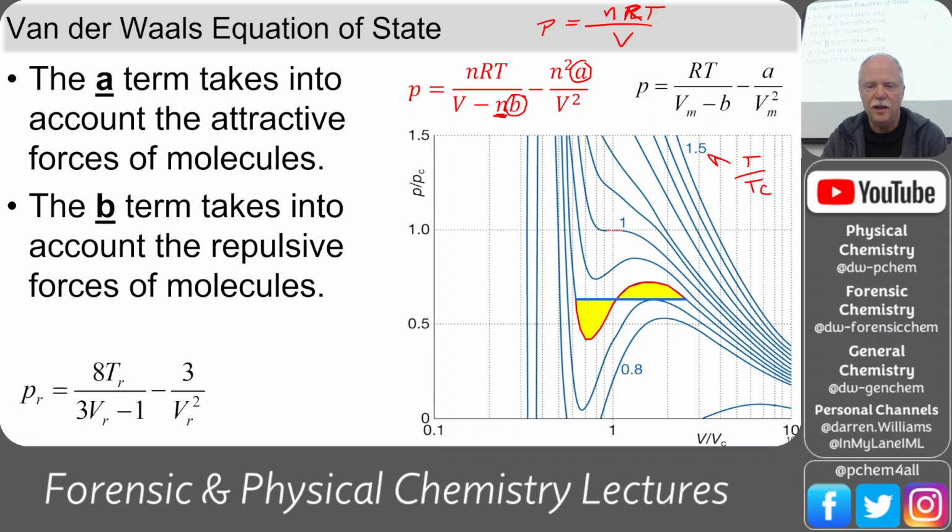Above this, these are all gases. There's no condensation available. Below that, you have condensation. So you have this region here that we saw last time on the PV phase diagram, the condensation region, liquid and vapor